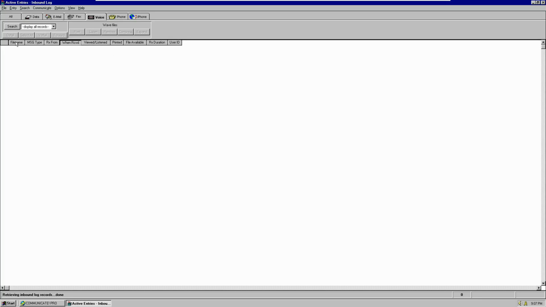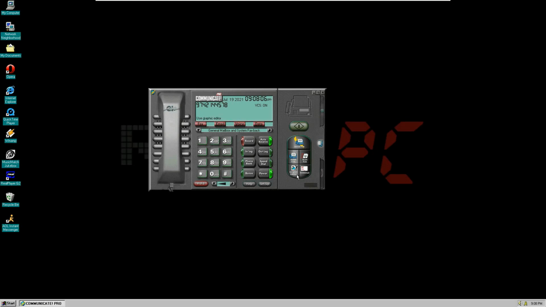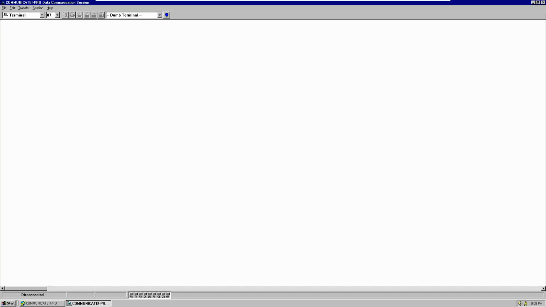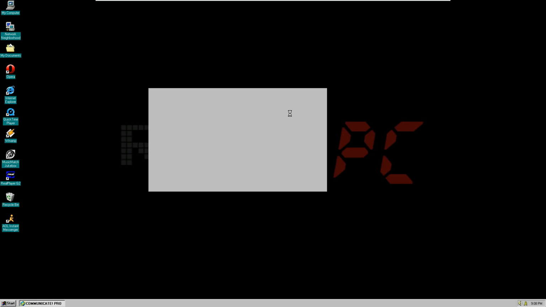Not sure what's happening here. Email, fax, voice. I mean, it's cool. I love this thing. I don't know why. See what the terminal is. Yeah, it can't find a modem, and there isn't one, so